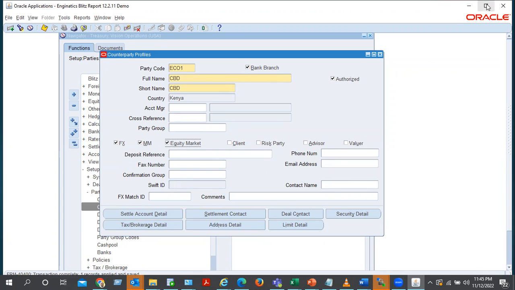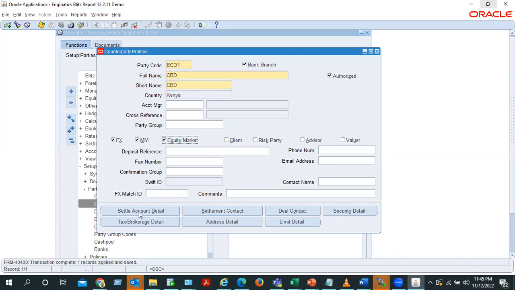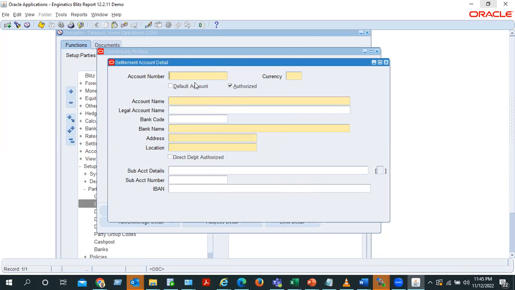Once you have saved your work, you're supposed to provide the settle account details. You click on this settle account detail, which is the window that will give you the information of the bank account that you have opened with a certain bank. Like for example, in our case, we have opened this bank account with EcoBank under the branch CBD. So that information is what you are supposed to bring here so that it can be linked